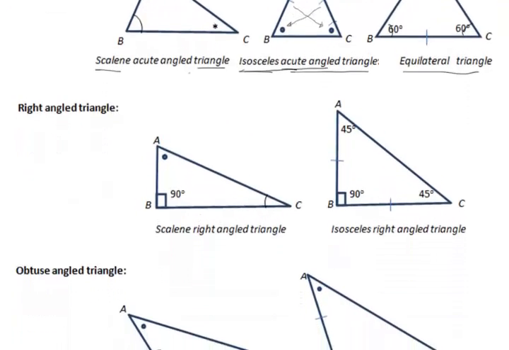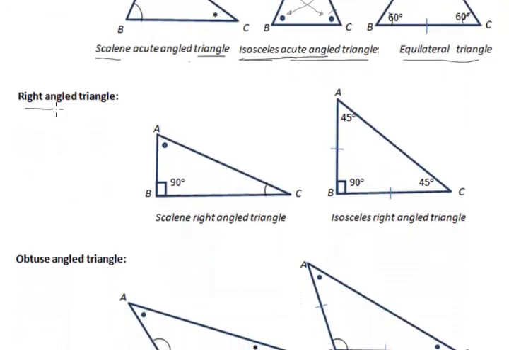The next category of triangle is the right angle triangle. That is, if one of the angles of a triangle is a right angle, that is 90 degrees, then this triangle is called a right angle triangle. A right angle triangle can be of two kinds: scalene right angle triangle, that is, all three arm lengths are different and all three angles are different, or isosceles right angle triangle. That means the opposite side of the right angle is called the hypotenuse,